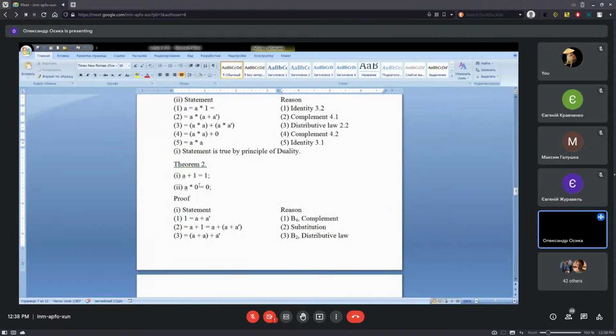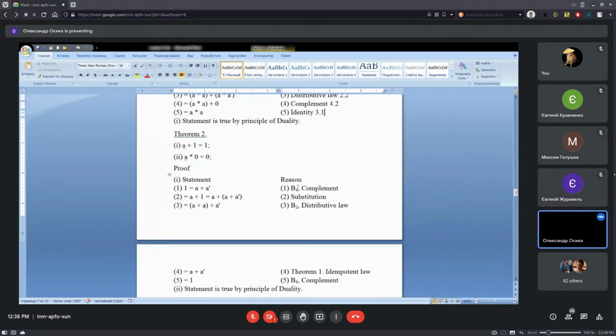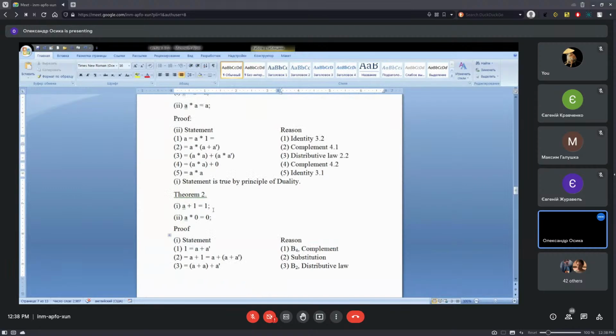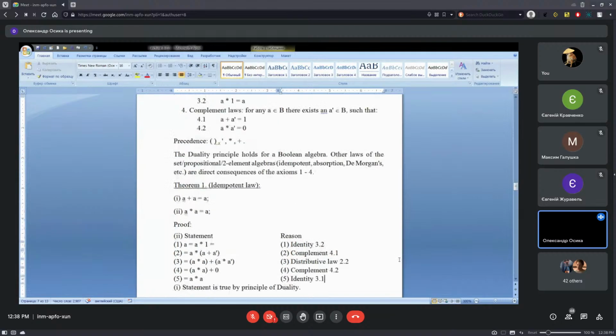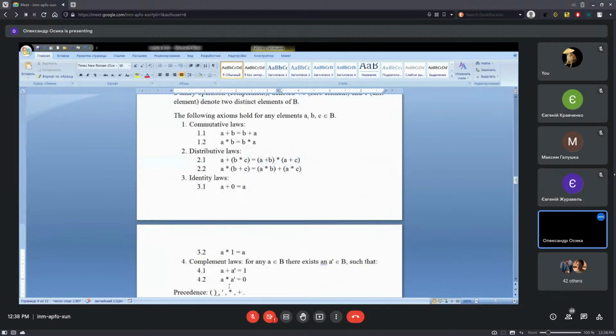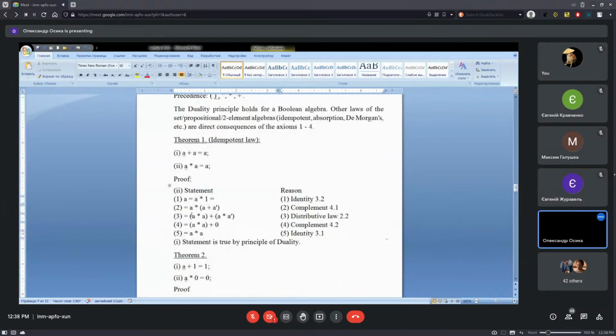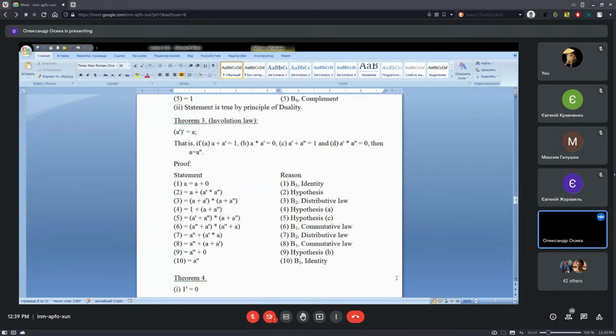Here I have some other examples of proving theorems from actually laws of two-valued Boolean algebra. In that algebra, we normally use more laws, more equivalent formulas, pairs of formulas, because it creates greater convenience for transforming. Because if we have only 4, then even to make the smallest transformation, we have to prove all the intermediate steps.